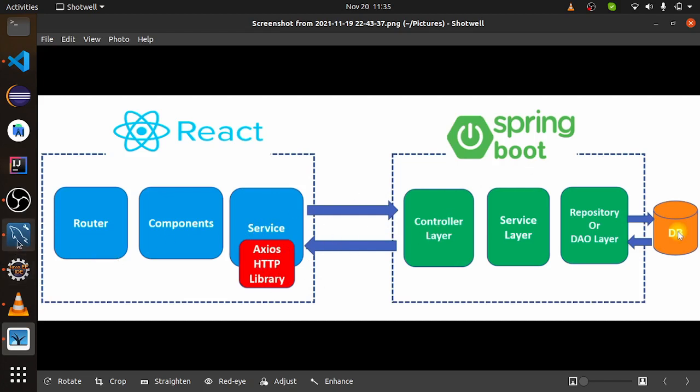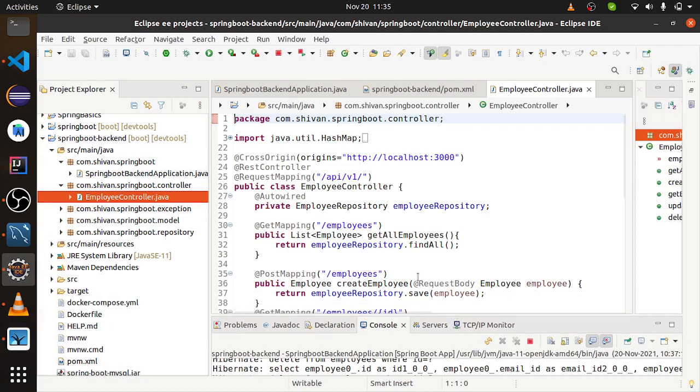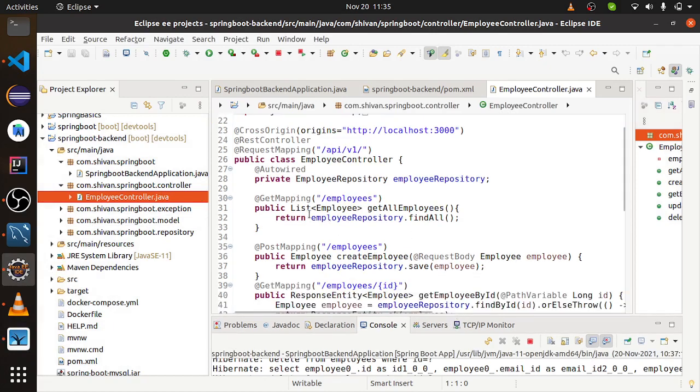So this is a very brief and superficial view of our application. And here's our controller. The first controller is get mapping. We have autowired this employee repository.